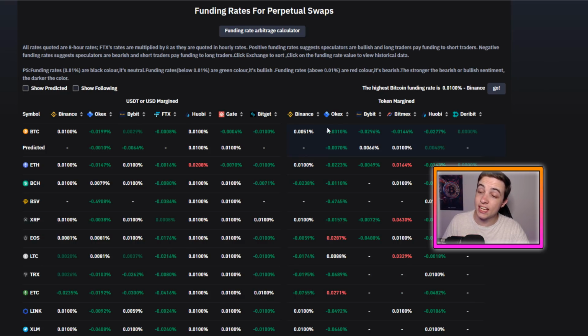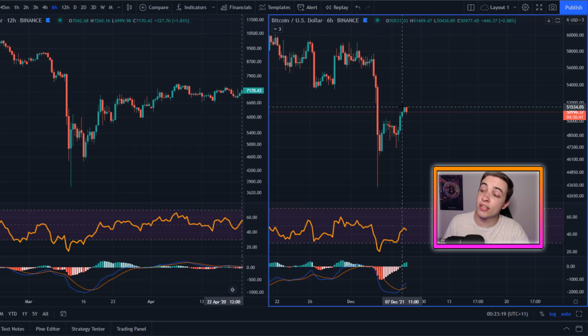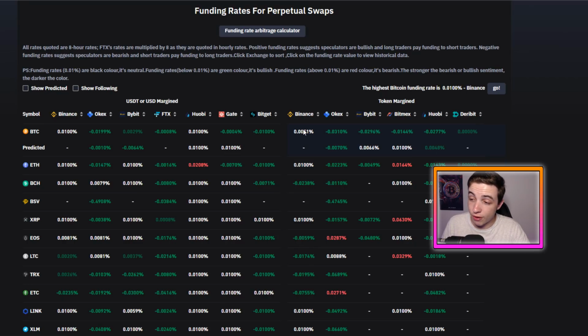So we can use the negative funding rate right now as a potential indicator of a short squeeze if the Bitcoin price either continues with a short-term bounce to the upside or even experiences somewhat sideways consolidation. Because as long as the price is not going to the downside, if we're just going sideways, then on negative funding rates, the short positions are still losing money. So this is definitely something that I am keeping an eye on right now.